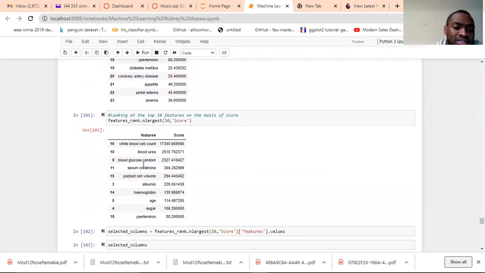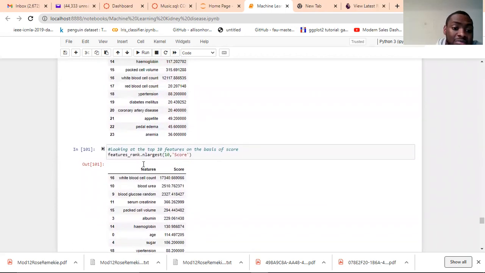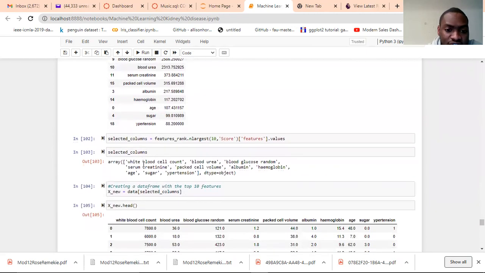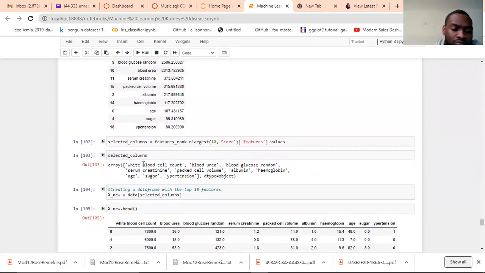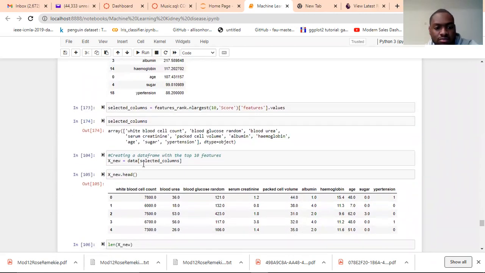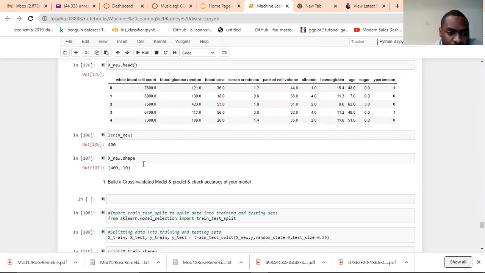So as I said before, I decided to use the 10 best. So these were the 10 best features. And I basically just store them here in my selected columns. Perfect. Then right here, I'm creating a data frame with the 10 best features. And this is me just looking at the dimension of that